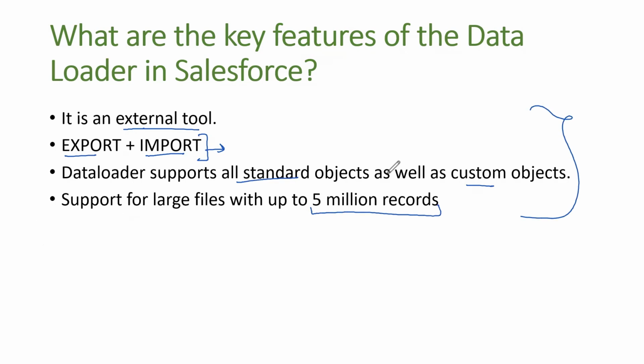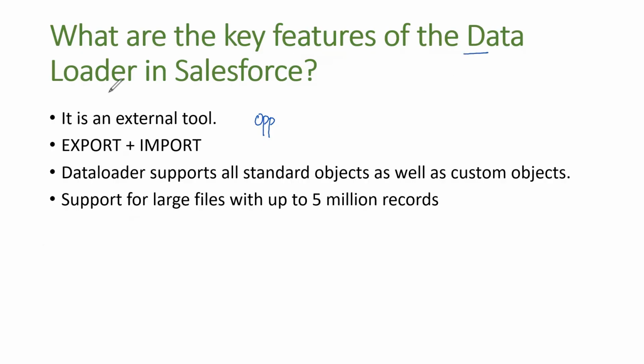Now you should remember the features. The questions can be anything, like how many records data loader supports. So you should be able to answer 5 million. Then the question can be that, let's say you're trying to import opportunity records. So which tool you will use? Whenever it comes to opportunity, of course, because Data Import Wizard doesn't support opportunity object, the answer is data loader. So you should remember these limitations and the features of all the tools, so that you may be able to answer these questions with confidence and clarity. Let's move to the next question.